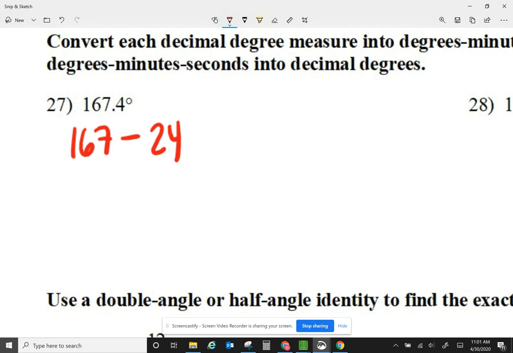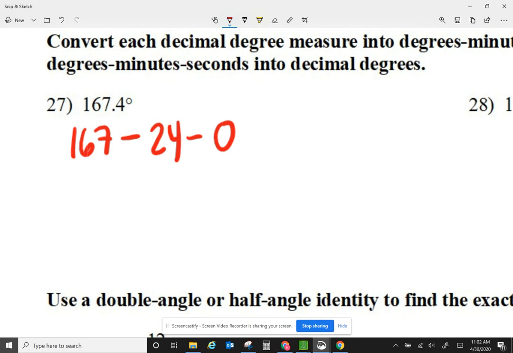So 24 minutes. I have no decimal, so now I'm just going to say 0 seconds. If I did have a decimal, I would multiply the decimal part by 60. So 167, you can see where I got that, 167 degrees. Now the decimal part, 0.4 multiplied by 60, gave me the 24. If after that I still had a decimal part, I would multiply the decimal part by 60 again